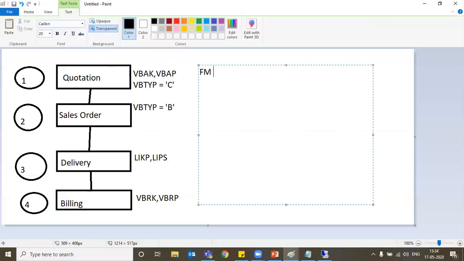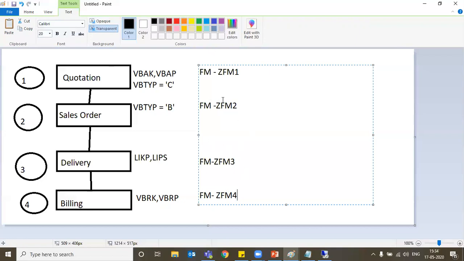Let's say for quotation I'm utilizing a function module ZFM1. After that I want to execute Z function module 2, then ZFM3, then Z function module 4. I'm just synchronizing these function modules.